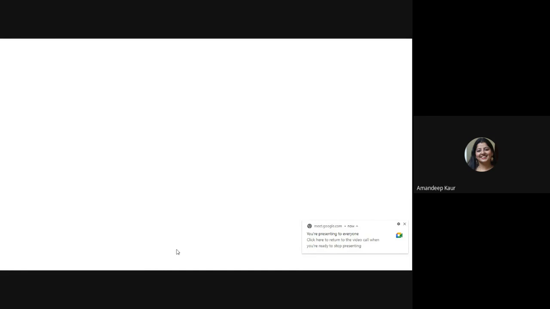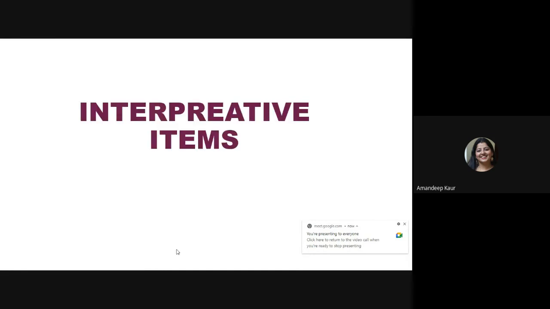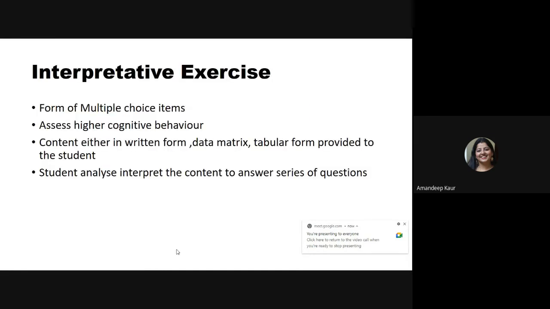The third type of items that we can design are interpretive items. Interpretive items form multiple choice test items, and it is possible for the teacher to assess higher cognitive behavior with the use of these exercises. For example, in the subject of research methodology, when I'm dealing with the topic of data analysis,